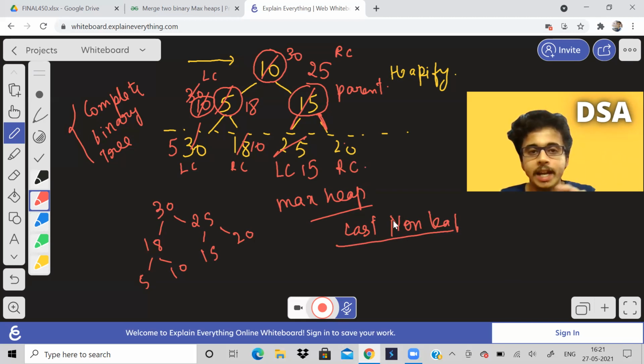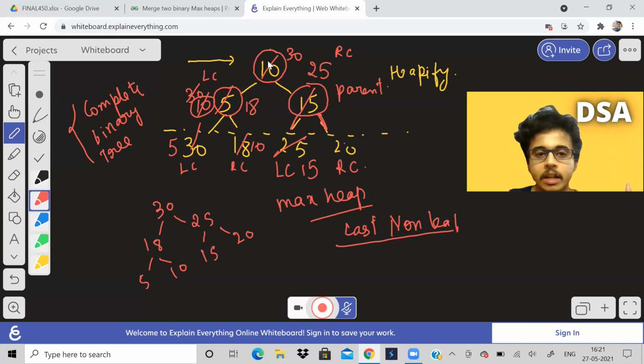If the left child has a greater value than the parent, swap it with that. If the right child has a greater value, whichever is the greatest among parent, left and right child should become the parent, and swap accordingly. Like that you keep doing. And if at any level you find there is some problem, then you have to do it recursively. So after you do a swapping, you have to do heapify on the parent.